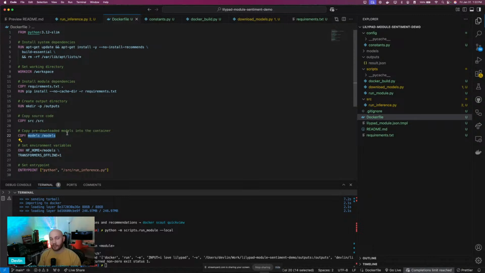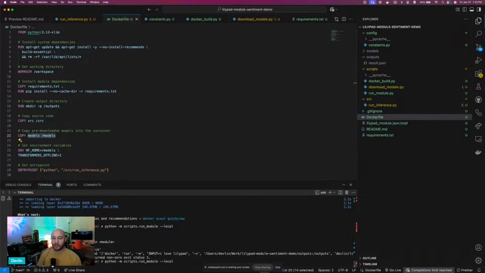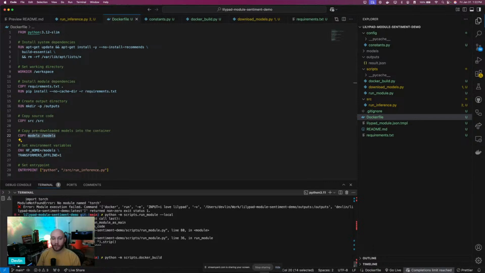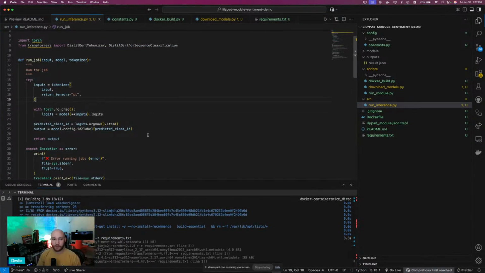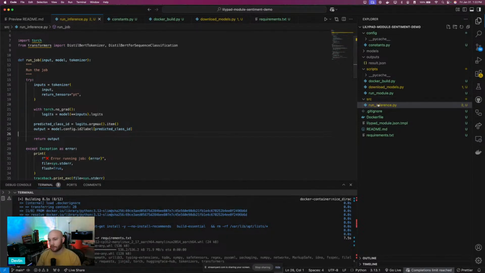So anytime you change the Docker file, the models directory, the source directory, or the requirements.txt, you need to rebuild the Docker image, whether you're doing it locally or whether you're doing it on the network. You have to rebuild the Docker image because that's what it actually reads from, not your local code. So we're going to rebuild the Docker image with the changes we made to run inference because that's in the